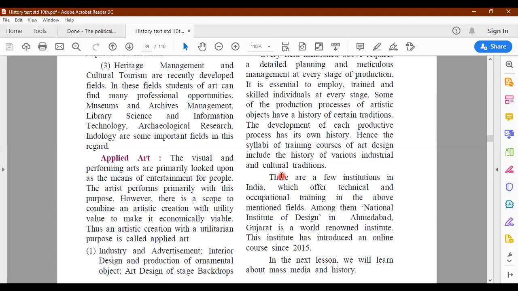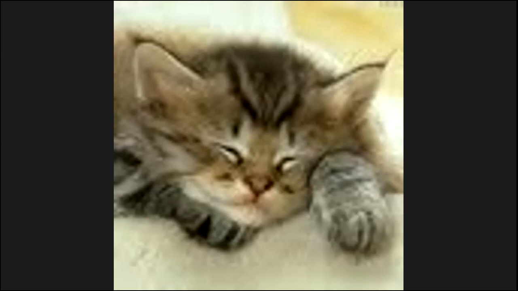We come to the end of this lesson, children. I will be forwarding the notes of this particular lesson also as a separate PDF. From the notes, most of the points are included as they are in the textbook. But some sentences are very long, so I have simplified these answers to a great extent. And you can copy the notes and start studying.